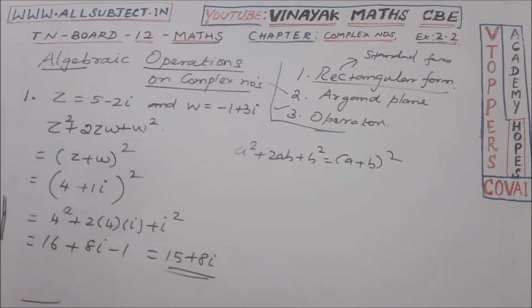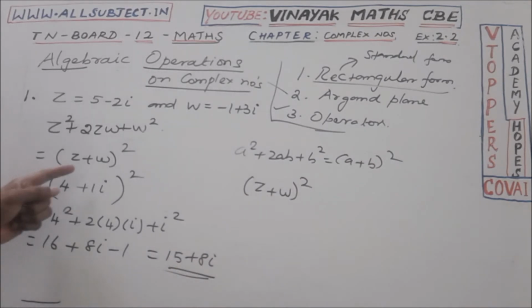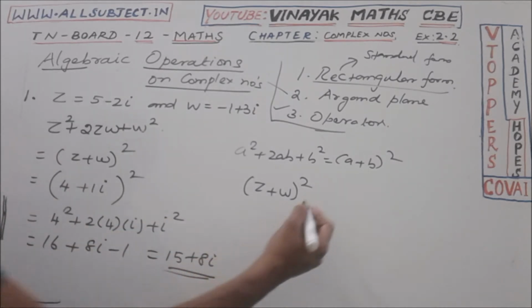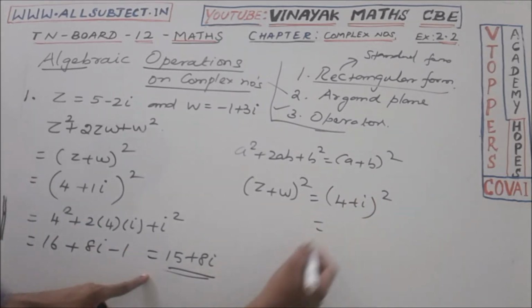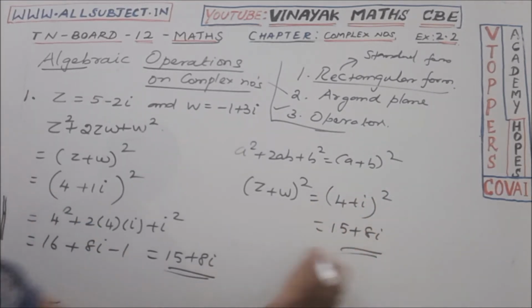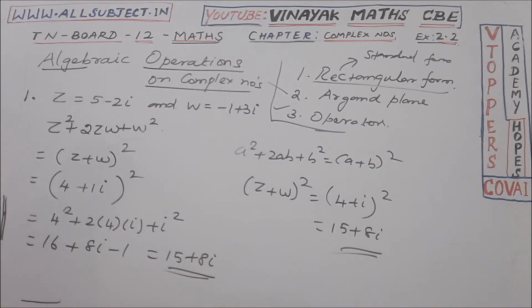Now we have one more subdivision, the 6th one, that is z plus w whole square. So we already found z plus w whole square. Simplify this one, we found the result. The same result will appear here. This is also equal to 4 plus i whole square. When expanding, we will get 15 plus 8i. Both are similar questions, but they have given them slightly differently, but both are the same. So this is the idea to complete the first question. Now we are moving to the second one.